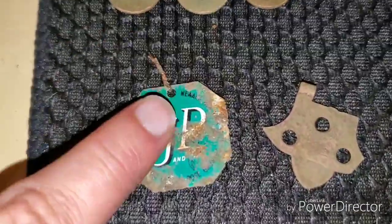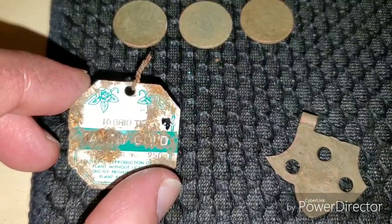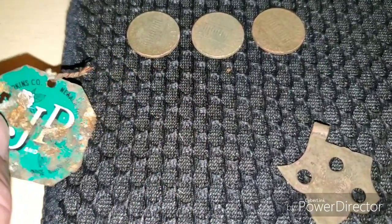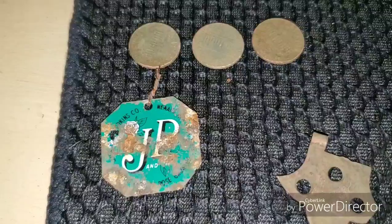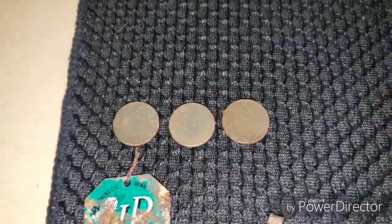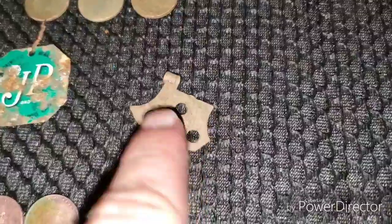Also got one of these flower tags. I find these a lot, and man, if they don't sound like silver quarters when they're coming out of the ground. When you go over one of these, they sound just like a silver coin. They give you a great signal. You have to dig them. You don't know what it is, but anyway, found 3 modern pennies there,